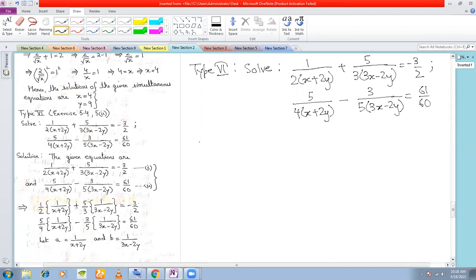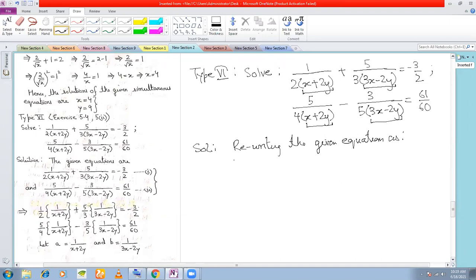Now, what you see in these two equations is that you have x + 2y here and x + 2y here. Also, you see 3x - 2y here and 3x - 2y here, right? So what you do is rewrite the given equations as